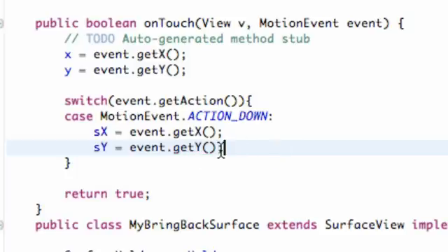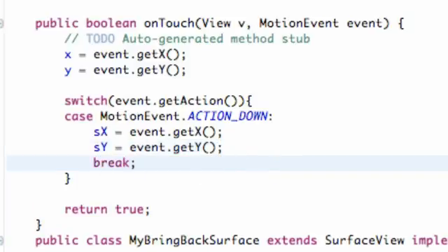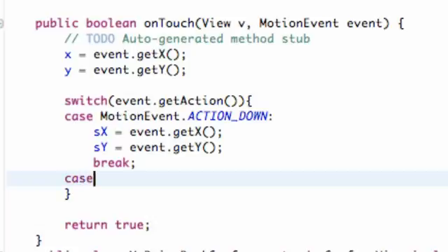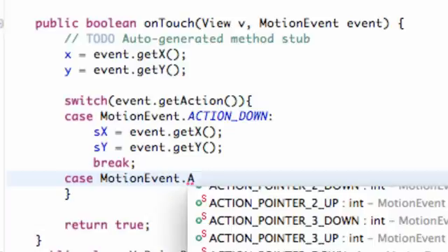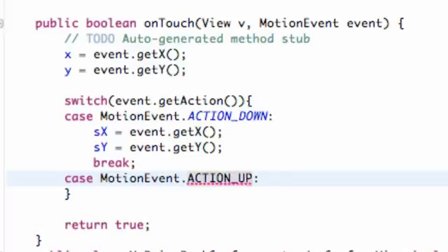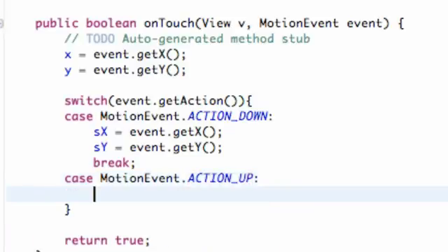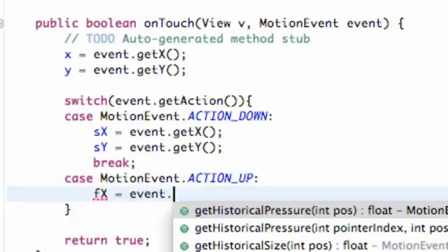And there we go, and then all we have to do is say break here, and then we're going to set up our other case, which is going to be the release. So we're going to say MotionEvent.ACTION_UP. So type that out, and that's when we're going to let our finger off of the screen, and then we're going to set up our final X, and this is going to be again event.getX,